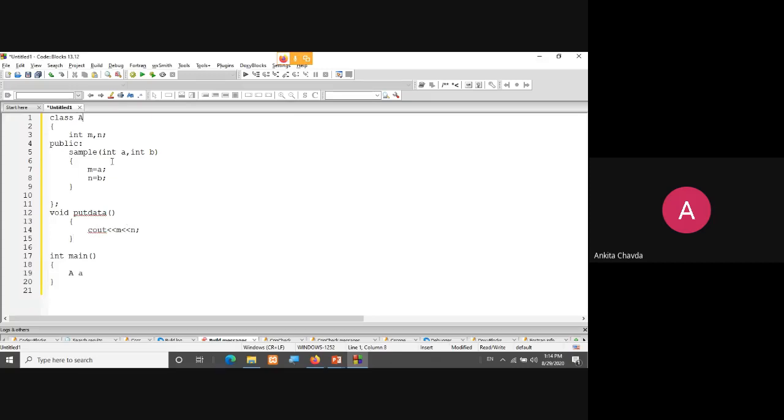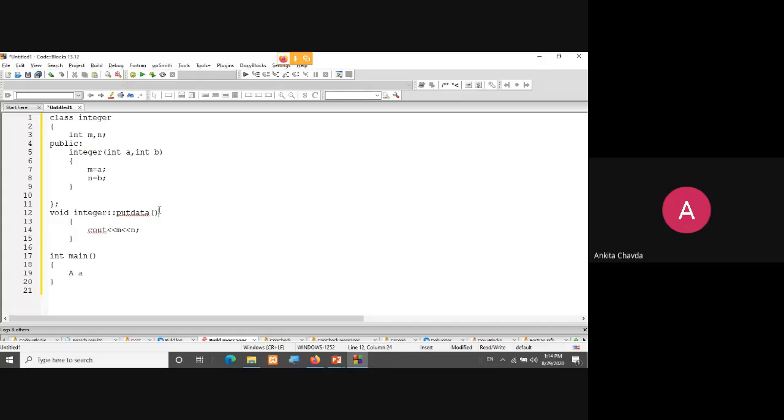Say suppose this is my class Integer. What should be my constructor name? Integer. And here I need to write Integer, scope resolution operator, and putdata. This is how I can write my function outside of the class.